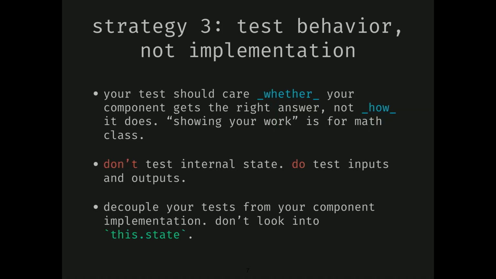The third strategy that I want to talk about is what you're actually testing, and this is more conceptual. Your test shouldn't care how your component does the work. Your test should care whether it gives you back the right answer. That's the only thing that your test code should have any opinion about. Because if you couple your test code to the implementation of a specific function, refactoring that particular function becomes way harder. And this is another reason to prioritize stateless components as well, because if you have to care about what's inside of some hash in your object, like what's inside of your state, for example,